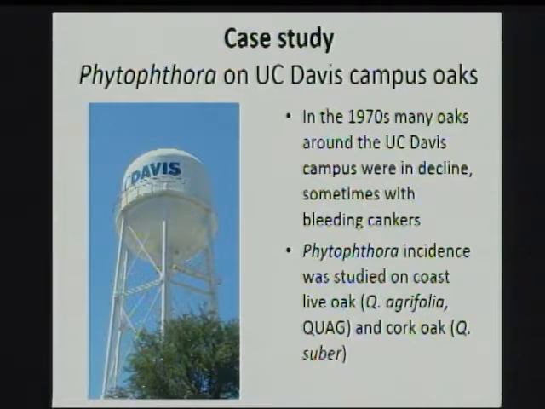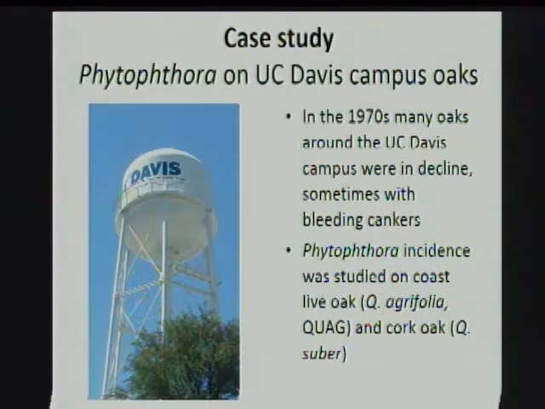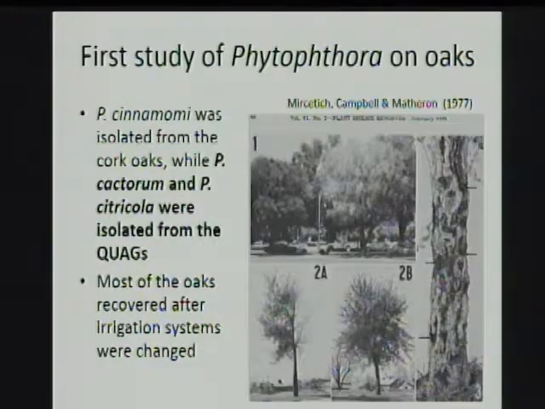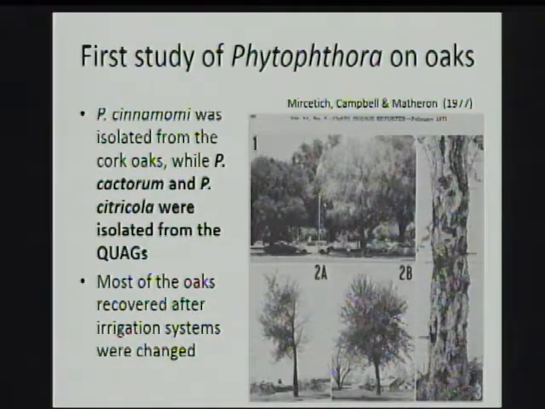So these great phytophthorologists, my predecessors at Davis, studied the Phytophthora incidence on two different oaks on campus, cork oak and coast live oak, or as we like to call it in the Rizzo lab, quag. And so this is one of their figures from this great paper. They found Phytophthora cinnamomi on the cork oak, and they found two species, cactorum and Phytophthora citricola, on the coast live oaks. And just to bring you up to date, they recommended to the grounds crew...